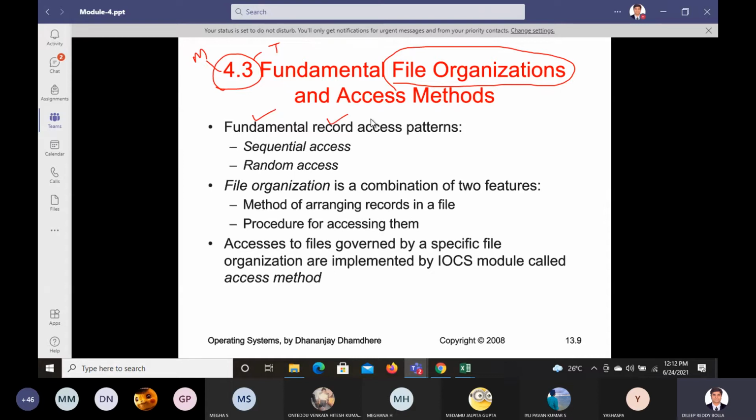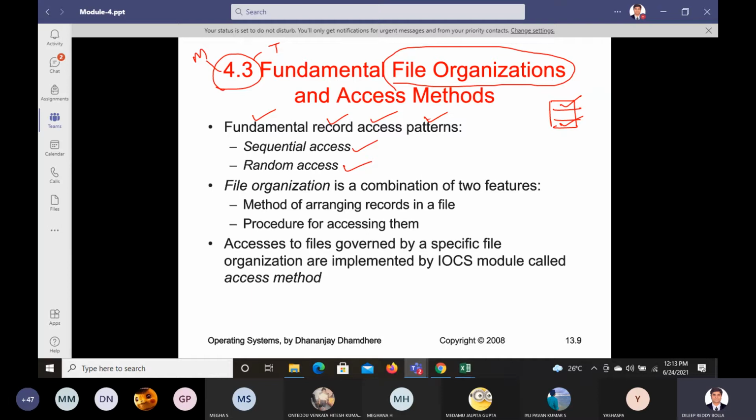Record access patterns means what? You have already stored the data onto the memory. If you want to view this, or this, how can you view it? We can view in one way, which we call sequential access. Another one is random access. I'll give an example to understand.